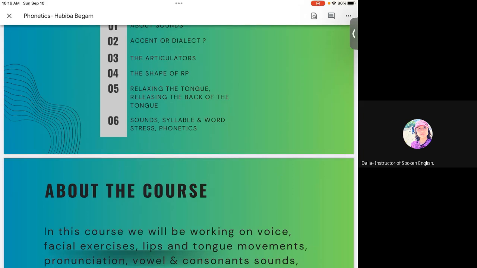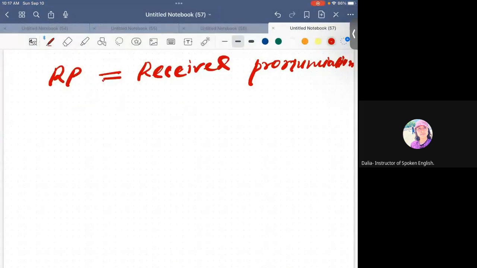Why are syllable and word stress also important for communicating, or whenever you are trying to develop your accent or pronunciation? It is very important to know about the syllable and word stress. That means যখন তোমরা কথা বলো, whenever you are communicating with people, it's very important to know about the stress of a particular syllable of a word. That means কোনো একটা specific word অনেকগুলো syllable-এ divide হয়ে থাকে. I would like to tell you a little bit about syllable here. For example, if I write down explanation,